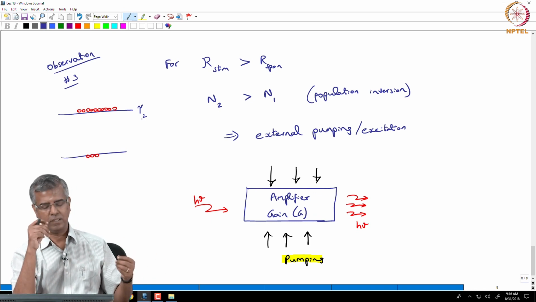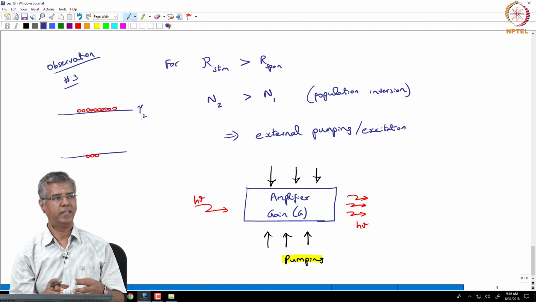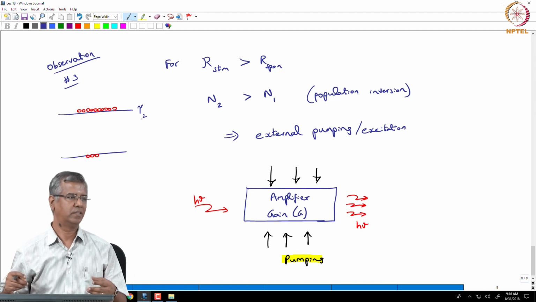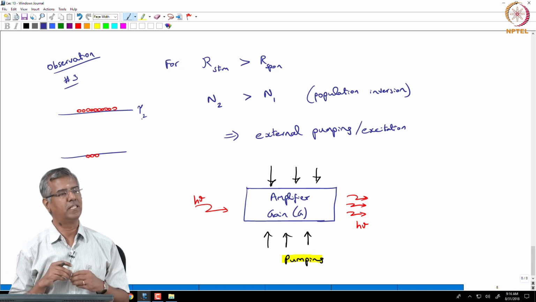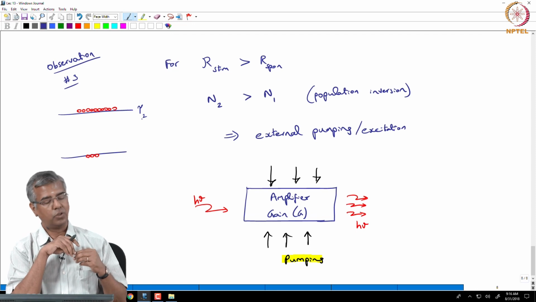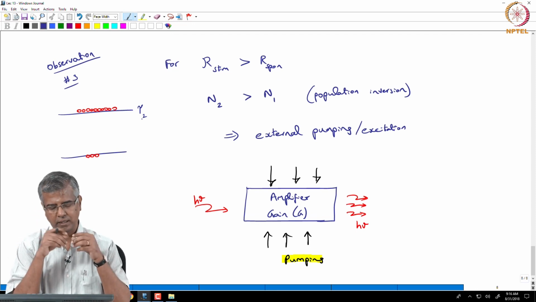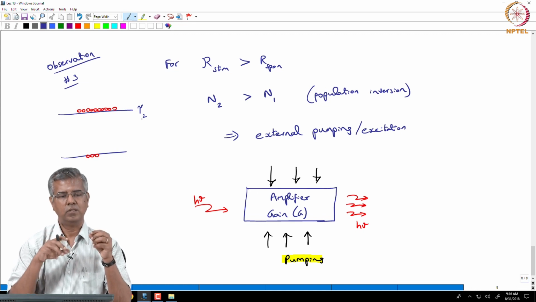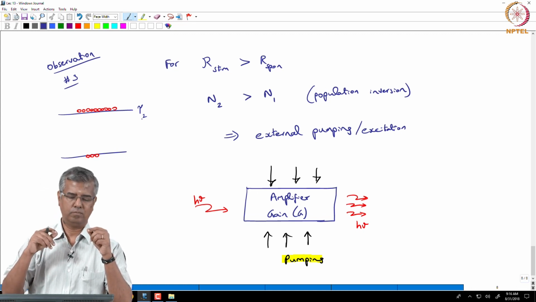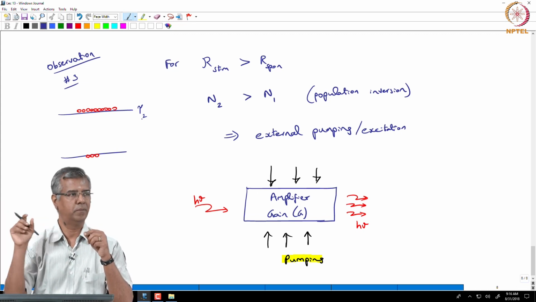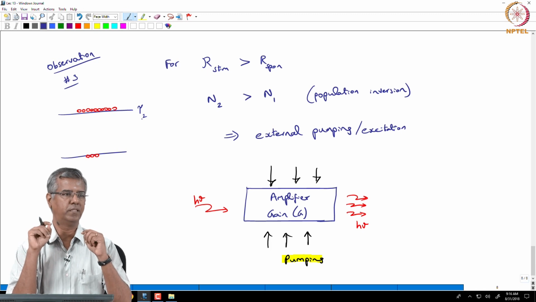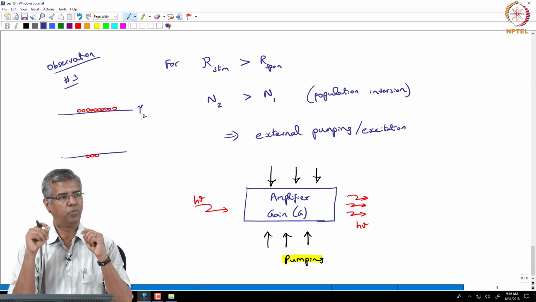Or in other words, the photon that you want to amplify has nothing to do with this emission process, right, if it is a spontaneously emitted photon. So, in other words, when you are trying to amplify these photons, you may have some of these photons going through stimulated emission, which is what we want as far as amplification is concerned, and some photons may be generated,